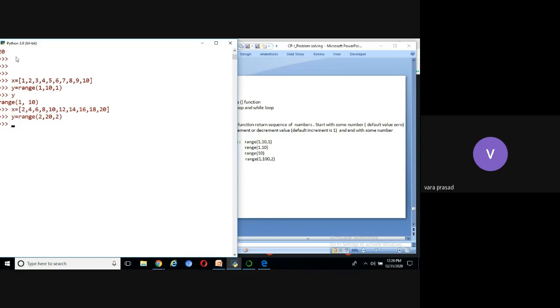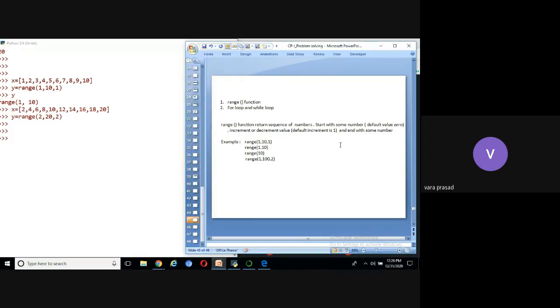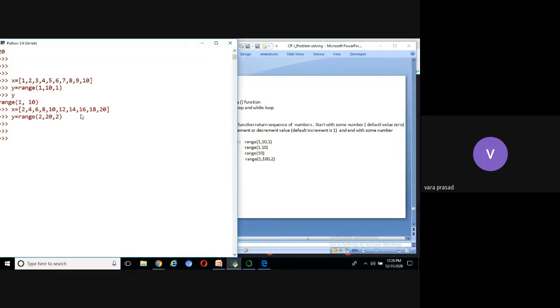Right? Now we are going to discuss the for loop. In the for loop, you can see here a sample: for x in range(1, 10, 1): print x.